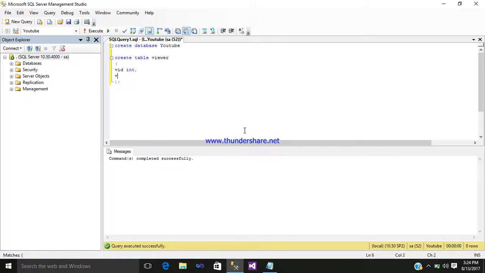comma, name, that should be in the varchar data type, comma, then I require the location, that should be in varchar. And some sort of phone number if required, or I will use only three columns to show how basically